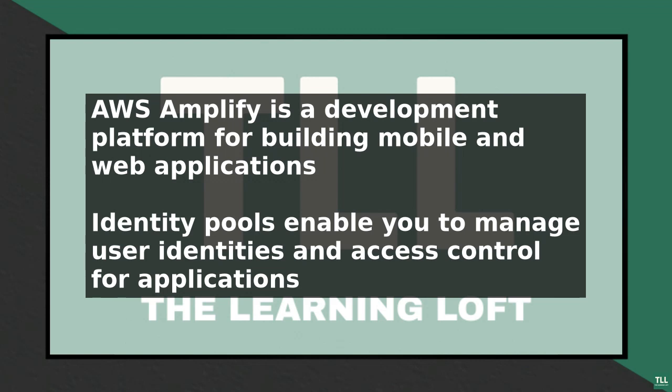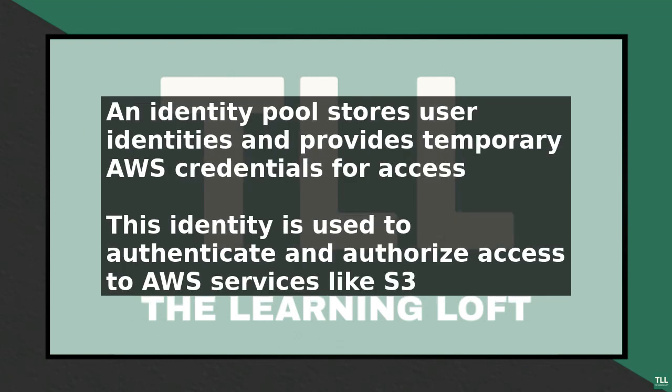to AWS services. When a user signs into your application, they are assigned a unique identity, which is stored in the identity pool. This identity is then used to authenticate and authorize access to AWS services, such as S3, DynamoDB, and API Gateway. To get started with AWS Amplify identity pools, you need to create an identity pool in the